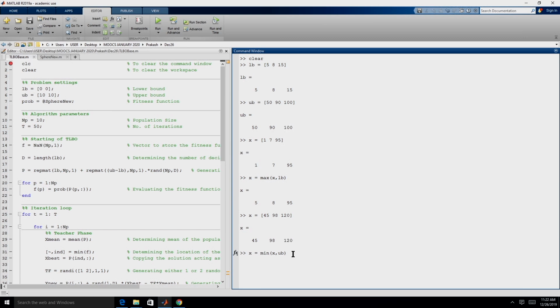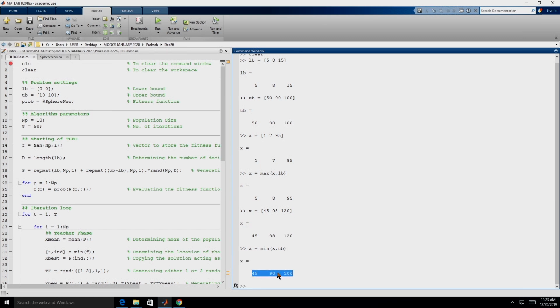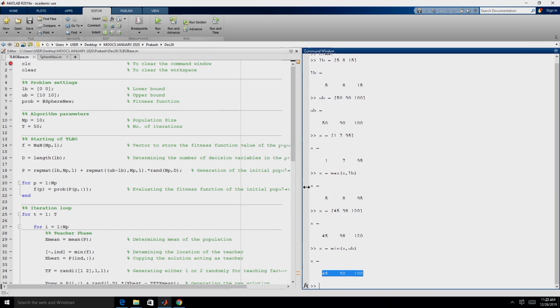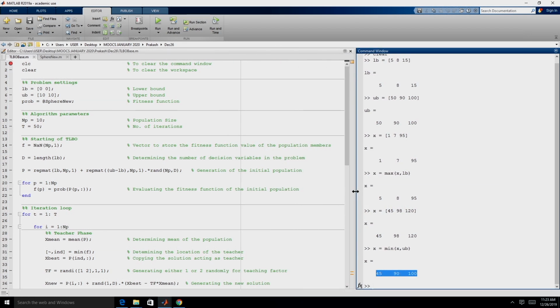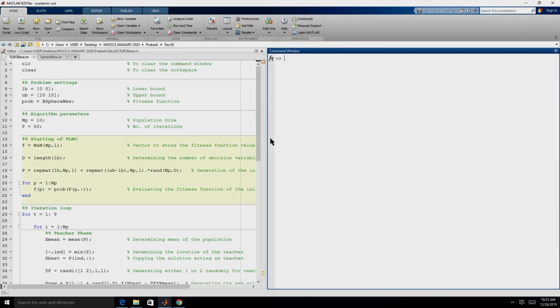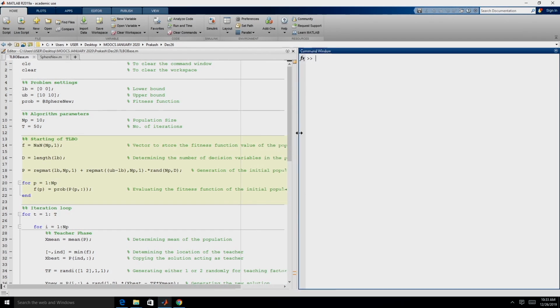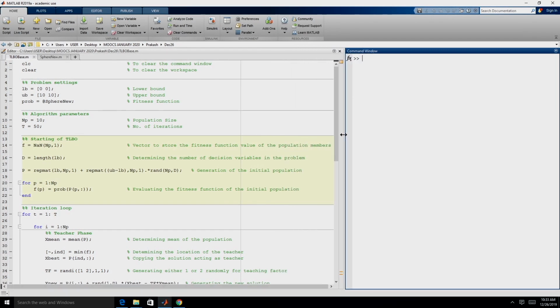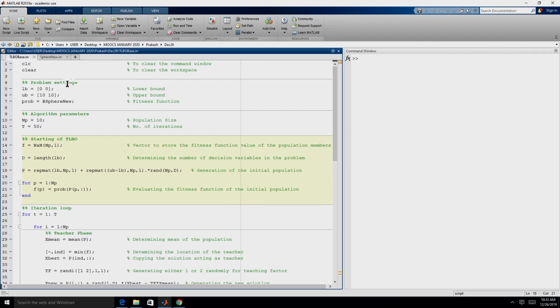So, if we execute this, whichever variable is violating the upper bound, it will be brought back to its original upper bound, right. So, this is also something that we will be using while we are implementing the TLBO algorithm. So, I guess as of now we are ready with whatever functions we are going to use, right. So, let us look at the code of TLBO. Rather than coding in real time, we thought we would save some time if we already have it coded and then walk you through the code line by line, right.